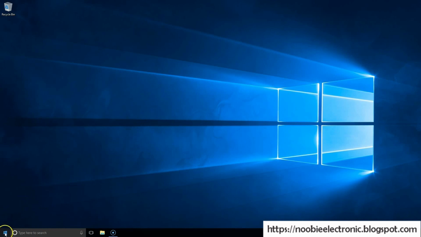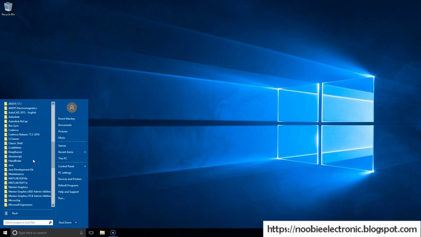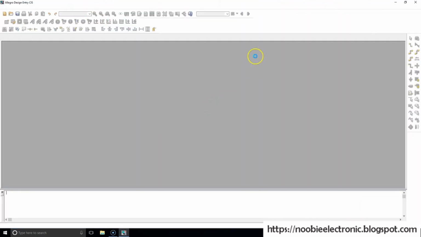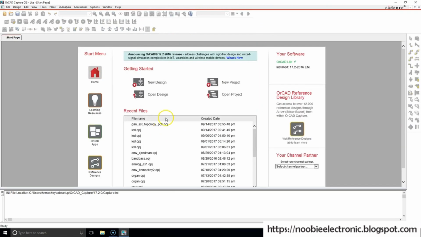So let's go to the Start menu here and choose All Programs. Next you want to scroll down to the Cadence Release 17.2 folder. So I'm going to go in OrCAD Lite here, and you should have Capture CIS Lite. So click on that. This is a software tool that's going to help you create your schematic or your drawing